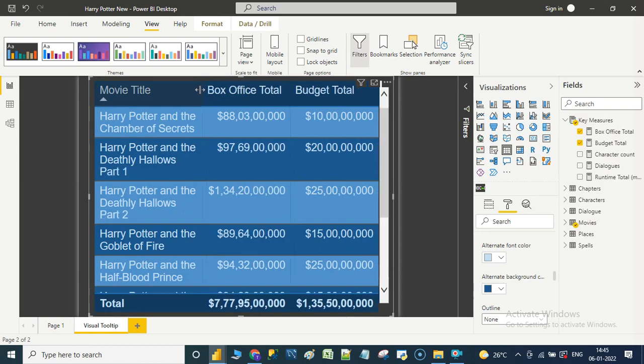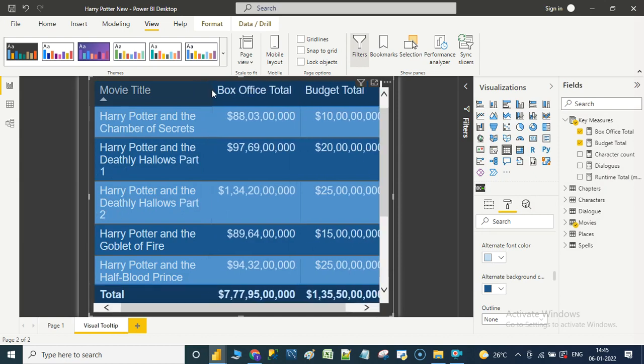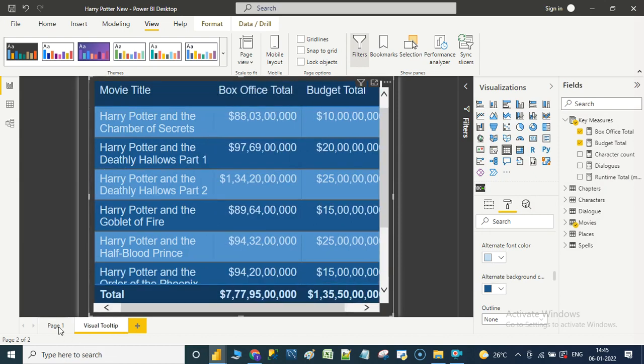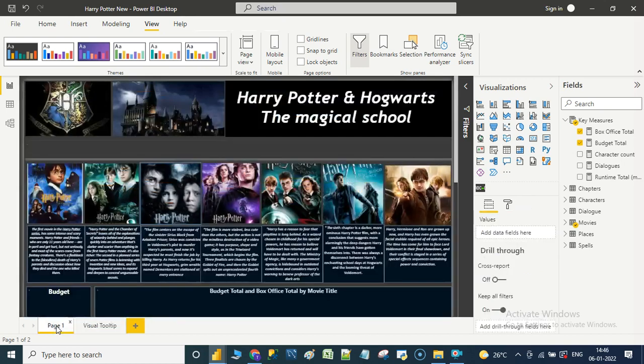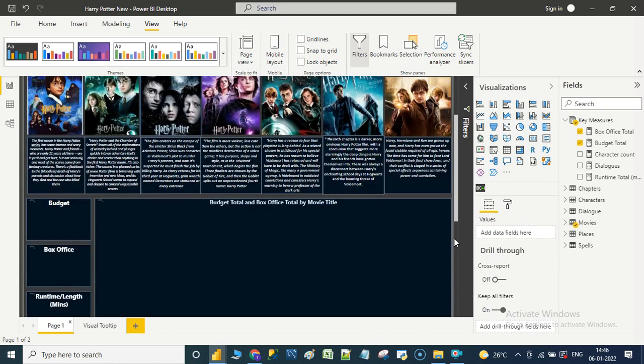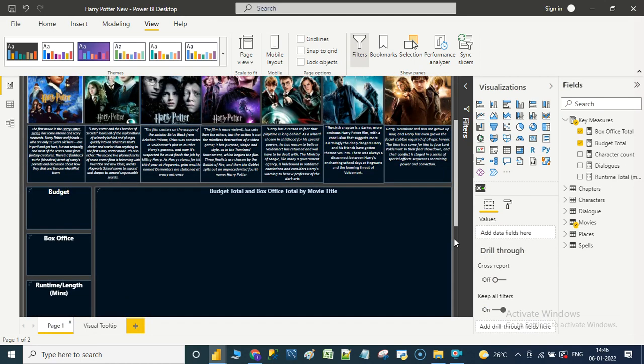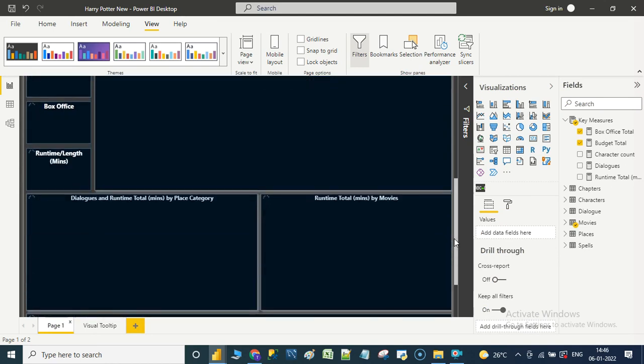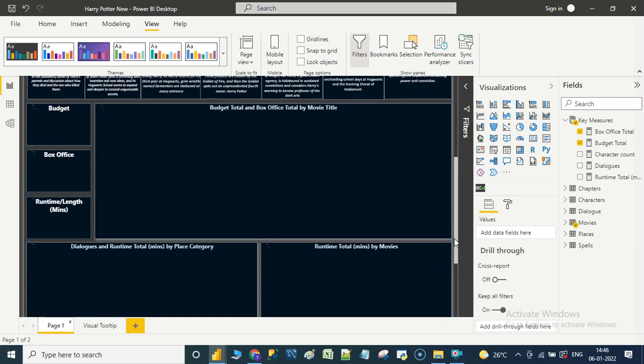Now let us make this visual a visual tooltip to page 1. Let us put the visual tooltip into action. In order to do that, let us navigate to page 1 and select the visual to which we shall apply the visual tooltip.